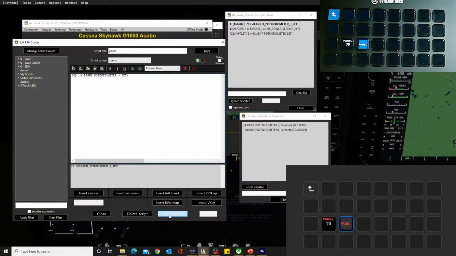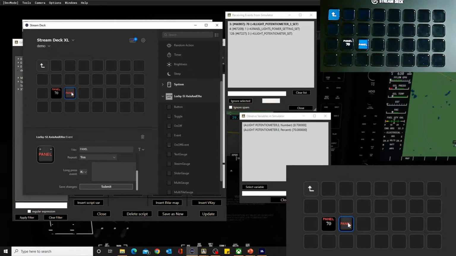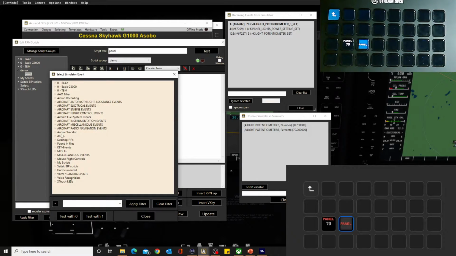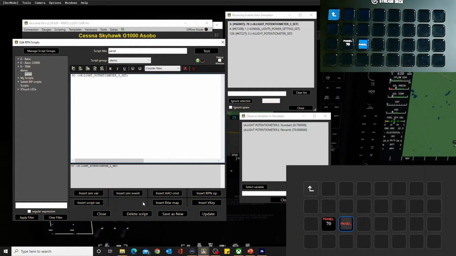So we'll save that as new, and you'll see it appear here in the panel. And to call that script from this button here, we insert it as if it was an event. So I'm going to get the event from here, and you'll see that I've got a demo, an event. So right hand click to copy it, and we will drop that